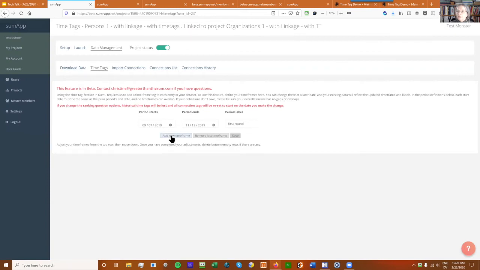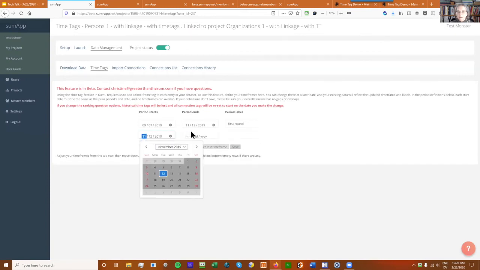And then I'm going to add another one, and it's going to automatically fill in the same date here. So it's not going to allow you to make an accidental gap where I missed a date or a month or anything like that. It's going to absolutely make sure that it catches every date. So it fills in that period start from the last period's ending time.